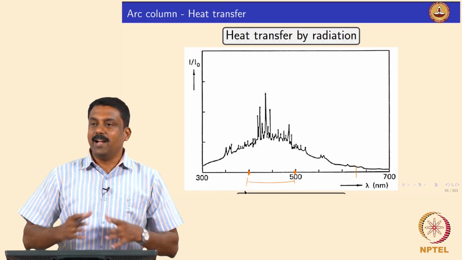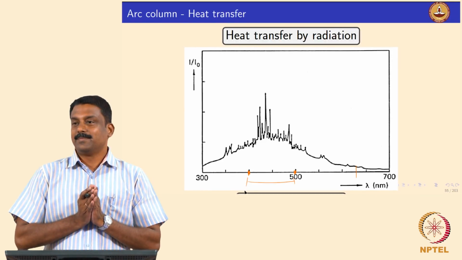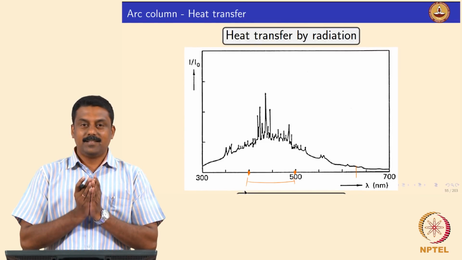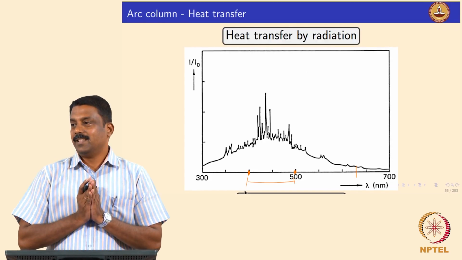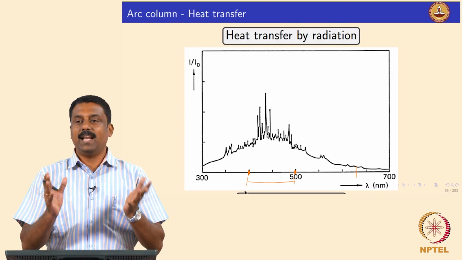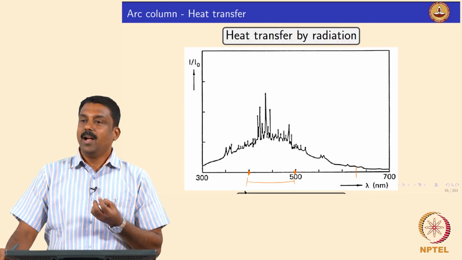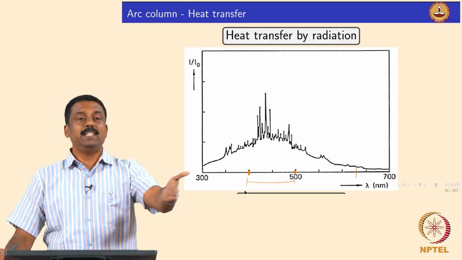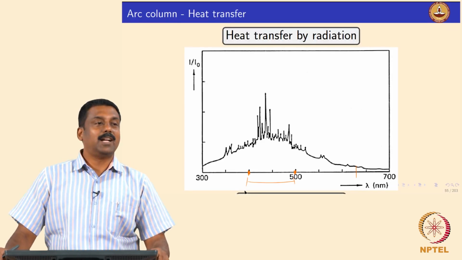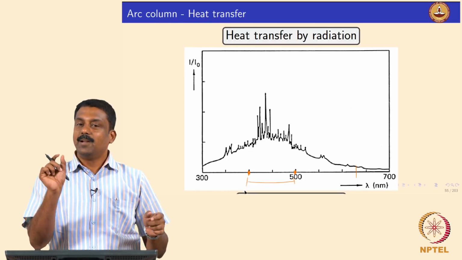So that's how, when we are recording the arc, we always use band pass filters. You know what band pass filters are? No? If you record the arc with a normal camera, you won't see anything because the wavelength is so spread, you will just see one glare. Suppose I want to study how the electrode is melting. I don't want to see the arc, I want to see only the electrode part. So what we do is use a band pass filter. Band pass filters filter all the wavelengths except one tiny range.